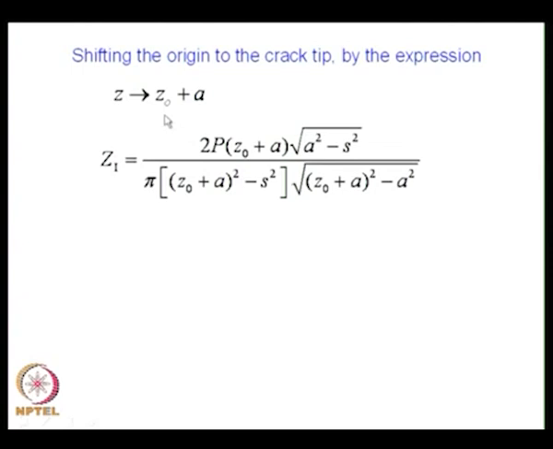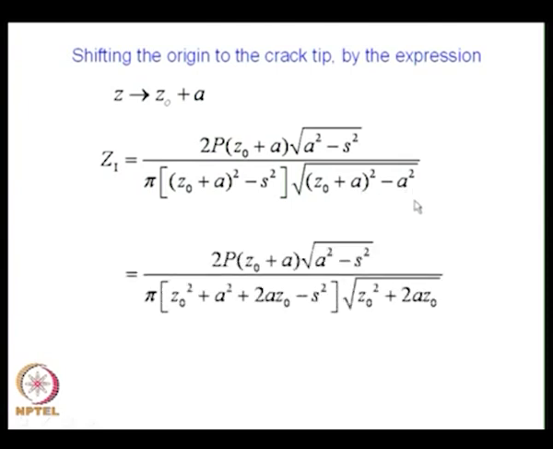So, when I substitute for Z equal to Z naught plus a, I get Z1 as 2P multiplied by (Z naught plus a) root of a squared minus s squared divided by pi multiplied by ((Z naught plus a) whole squared minus s squared) multiplied by square root of ((Z naught plus a) whole squared minus a squared). This is fairly simple to simplify,